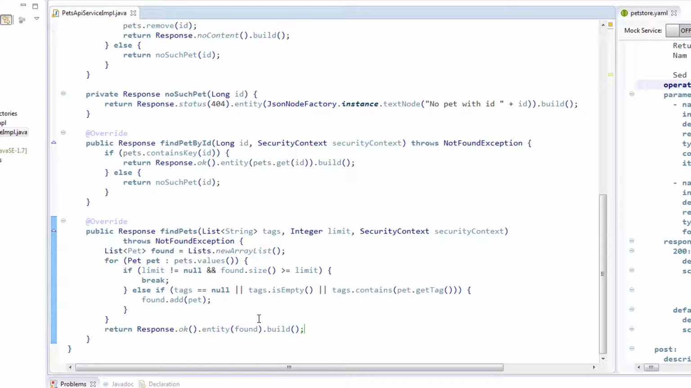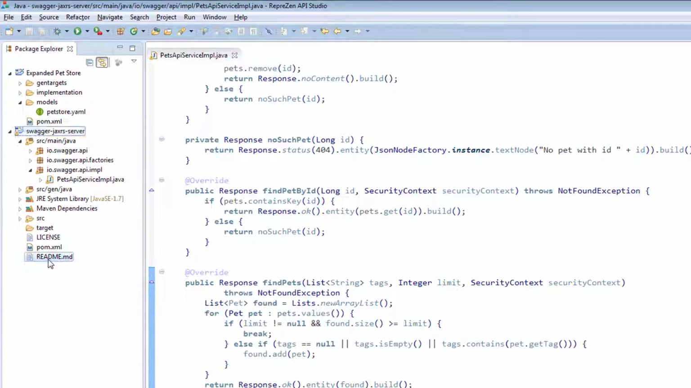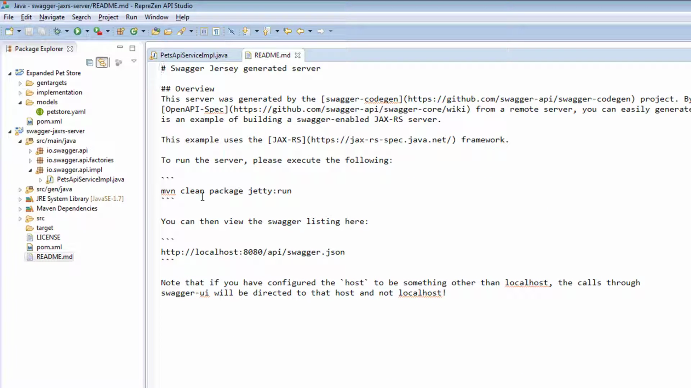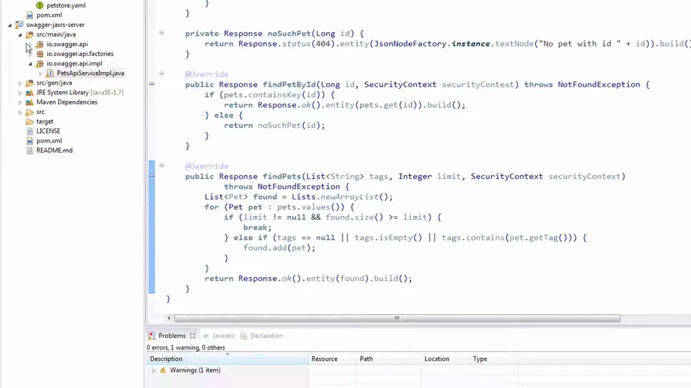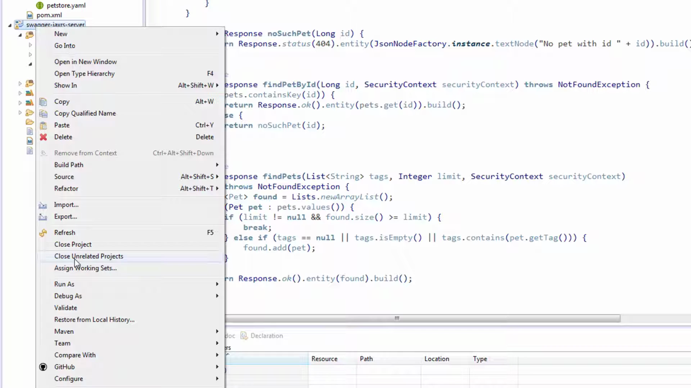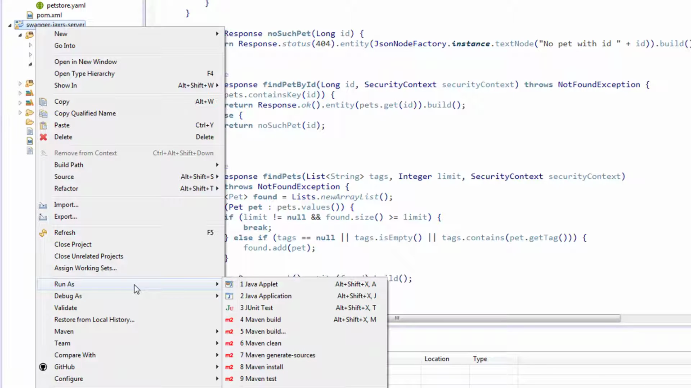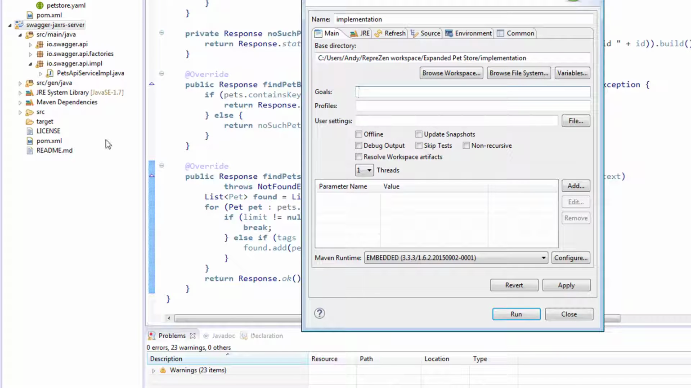Cool, we're all done with the code. Now let's see if we can run it. We see in the README file that we should run this using Maven with clean, package, and Jetty run as the goals. We don't really need to clean each time, but we can invoke Maven by using the run as entry in the project context menu. We choose the Maven build option, which allows us to fill in goals. We do that and push run and